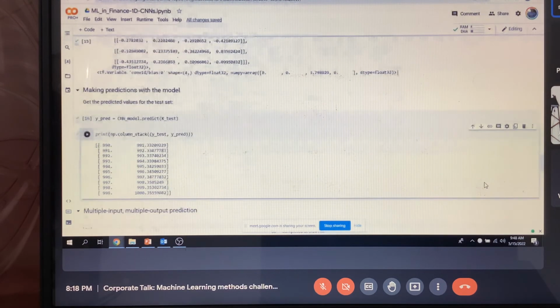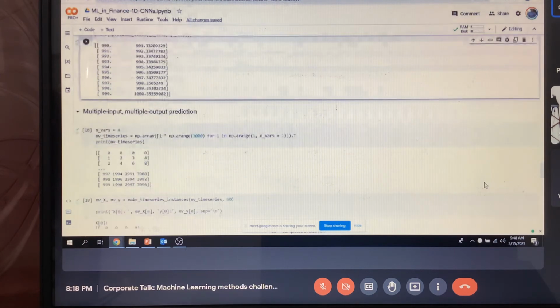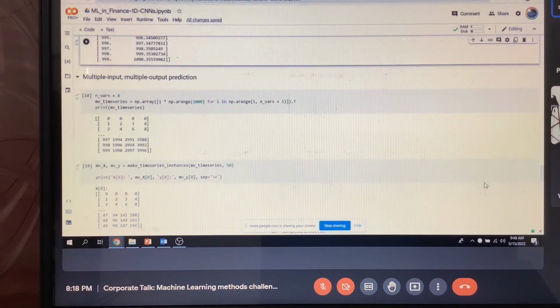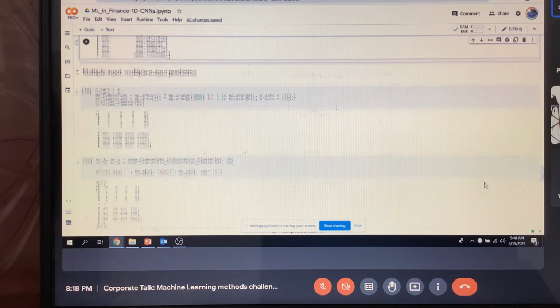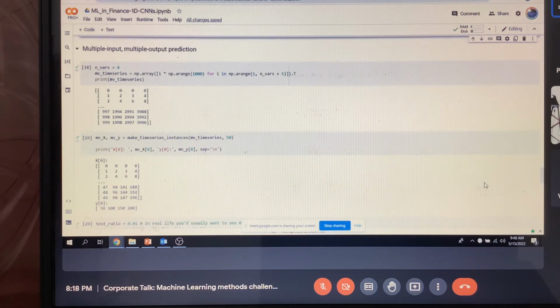And in these models, you can add nonlinearity of your choice, and deeper models. This is an example of just one layer. You can have many layers and as much detail as you want. Now this was one output. In this case, you can have multiple inputs and multiple outputs. So we have multiple time series. What would you do? Similarly, just like one layer and one input there, you can have multiple outputs like this.